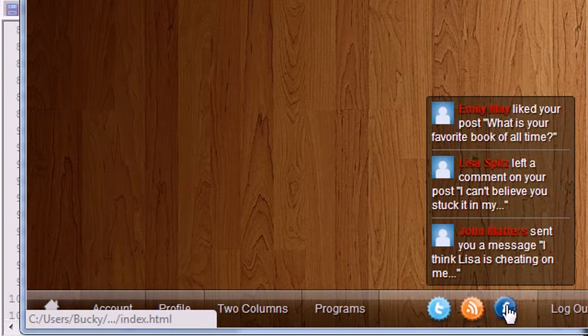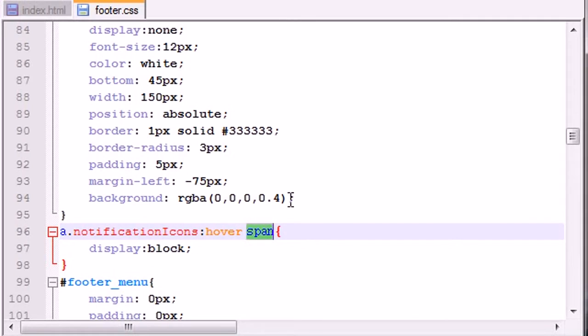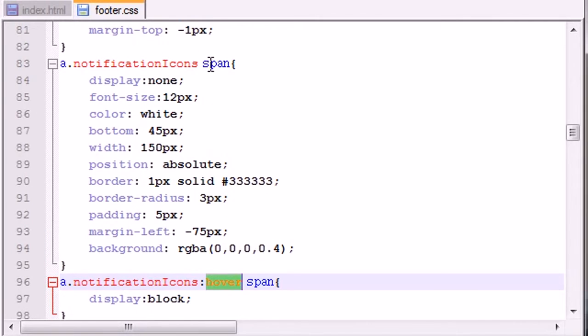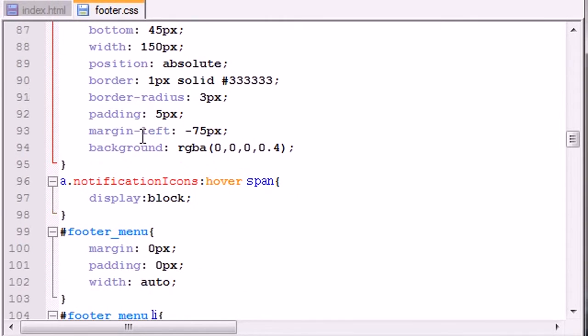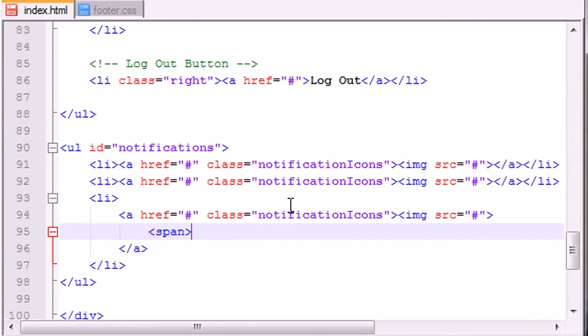So span equals drop-up menu. Now, by default, it doesn't display. It only displays on hover. So again, by default, display none. Display block, which basically means display when you hover over the link. So span